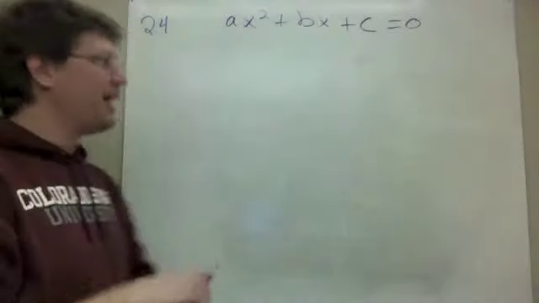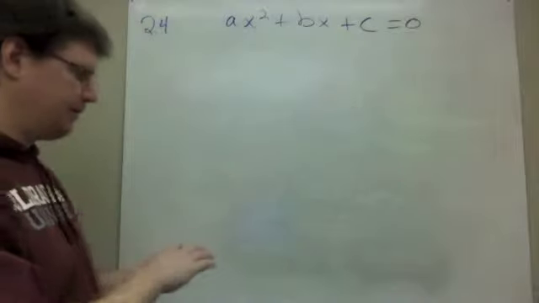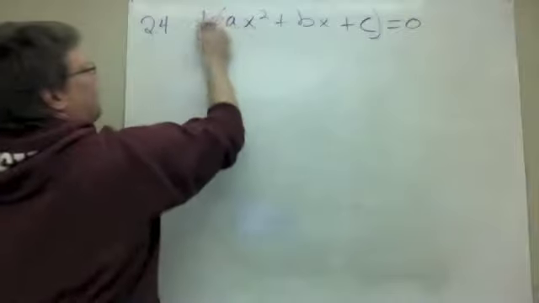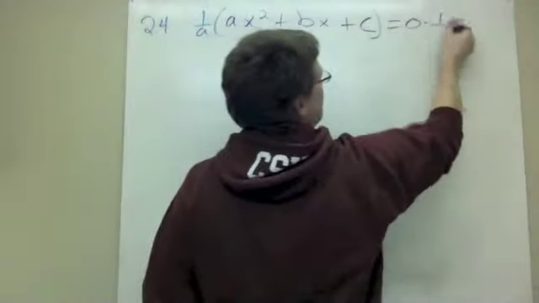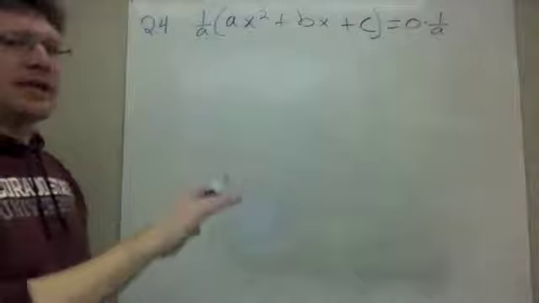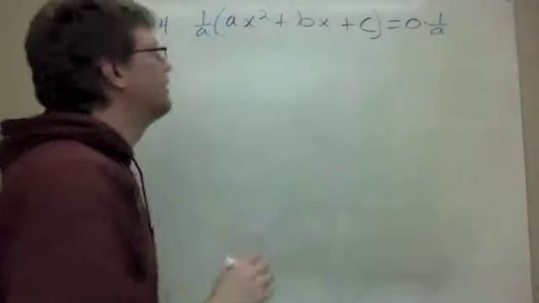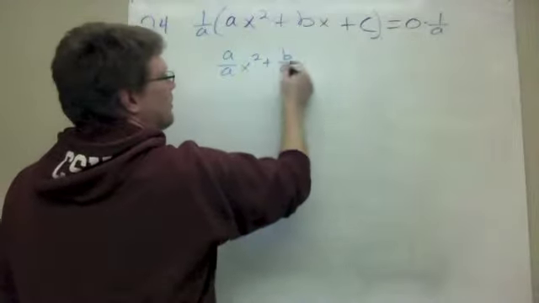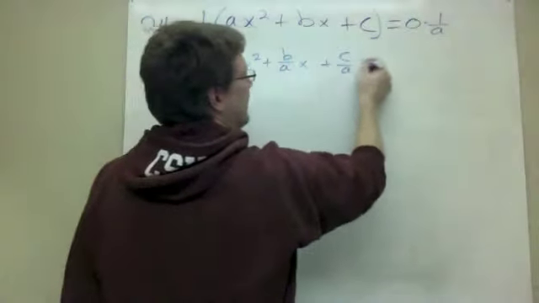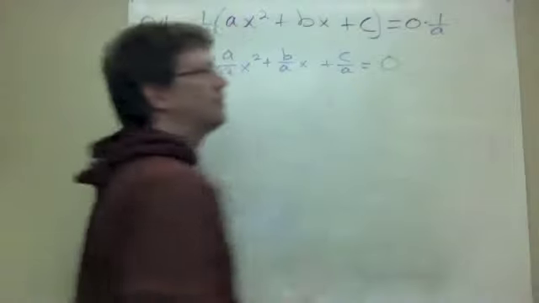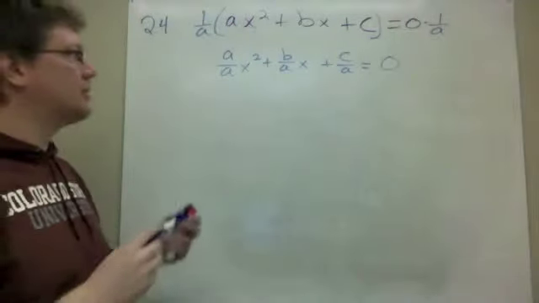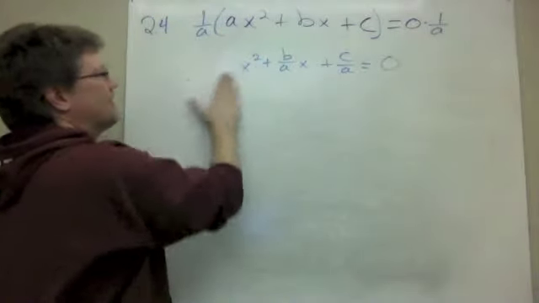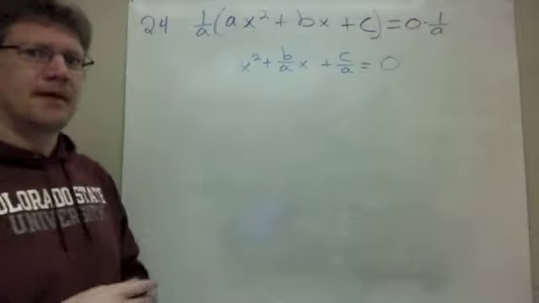So if I divide everything by a, right, I multiply both sides by 1 over a. If I do this multiplication across the board, I haven't changed anything. So we're going to get a over a x squared plus b over a x plus c over a equals 0 over a, which is just 0. And as long as a isn't 0, we're in good shape. But a over a, well, that's just 1. So let's ignore that. Okay? Now,